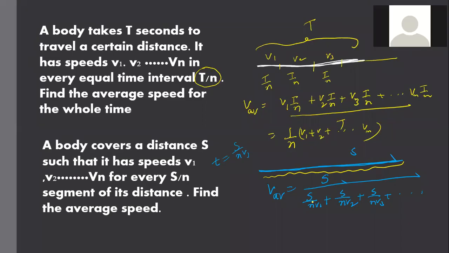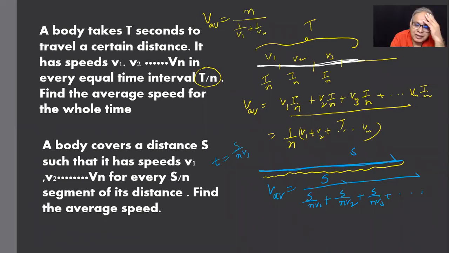Yes, sir. So some small mistake I think you did? Yes, sir. Actually, it will be 1 by v1 plus 1 by v2. Yeah. Like that. Right. So what will this be? This is cancelling. V average. N will go up. What will happen? Sir, n will go to the numerator. We'll get n by 1 by v1 plus 1 by v2, and so on. Yeah. But if we try to simplify, it will be complicated, sir. No need, just leave it.